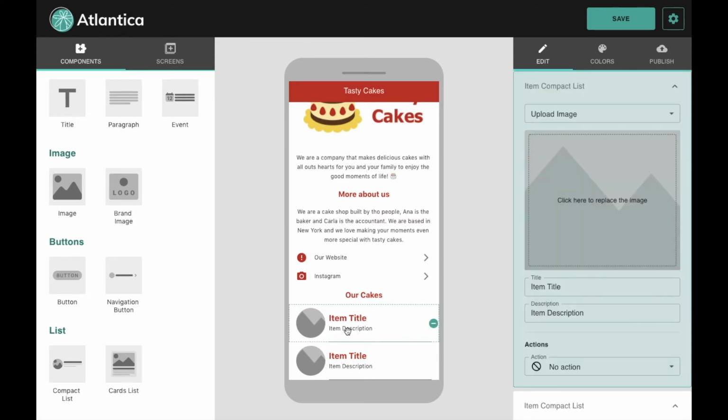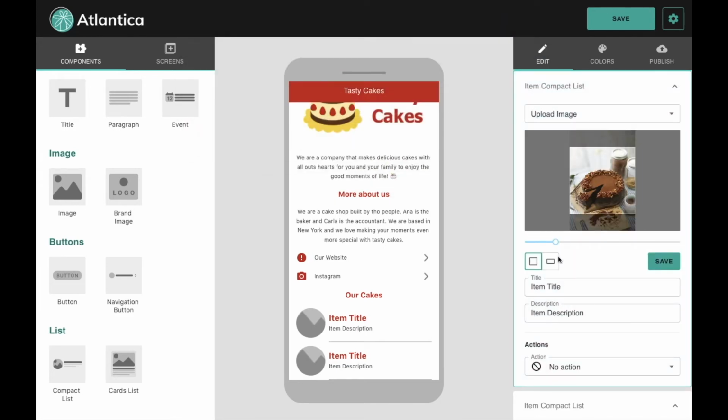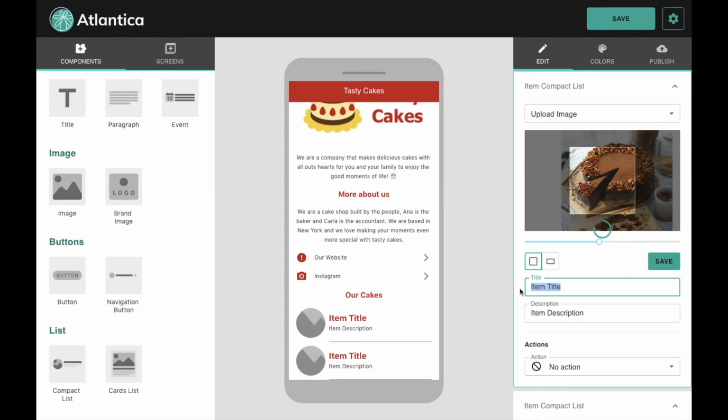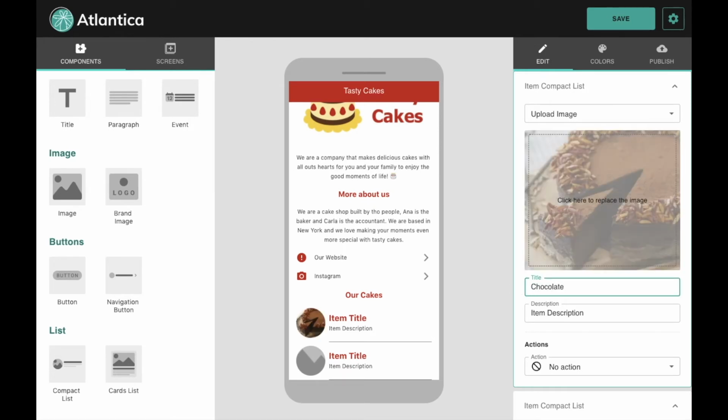So this is the item, and I'll upload an image for it. I have this chocolate cake image, and I want to show the slice of the cake. So it'll show here in this little avatar place, and I chose to zoom in very much so that the person can see the cake slice itself. So the title of it is chocolate cake,